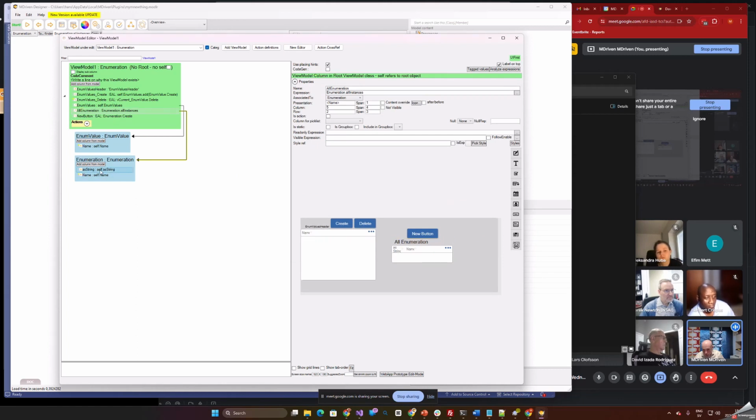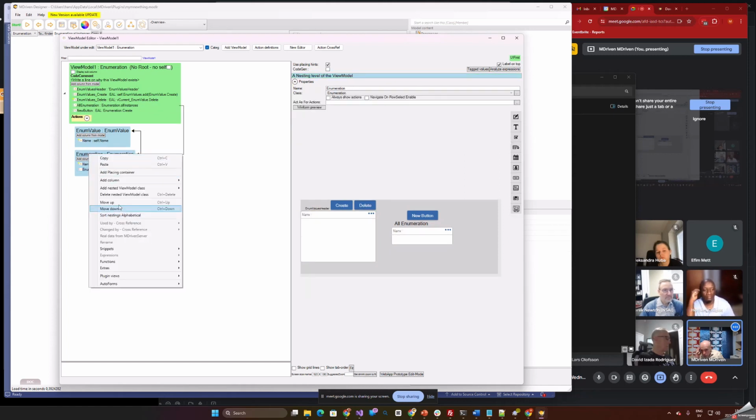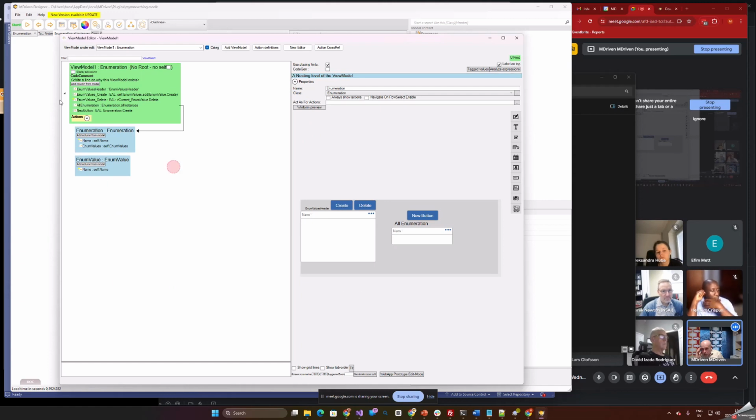Okay, and I'm gonna remove that one. So now I have it, and for this one I want to follow the enum value, so I'm gonna drag that down here, and then I'm gonna move this up, and